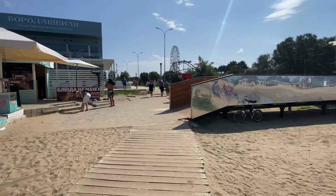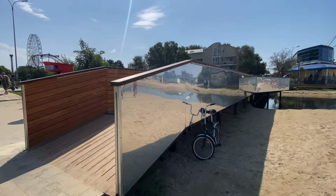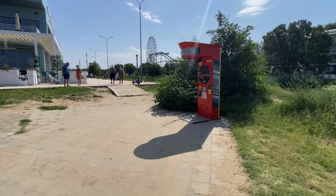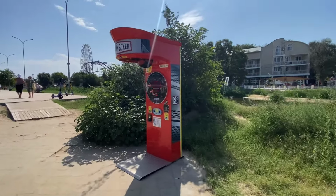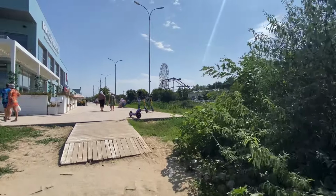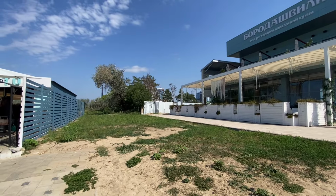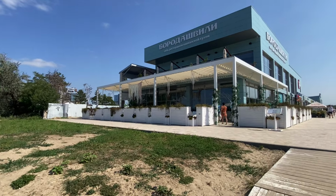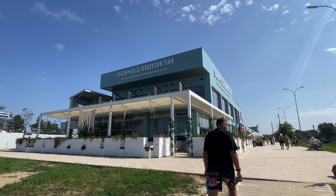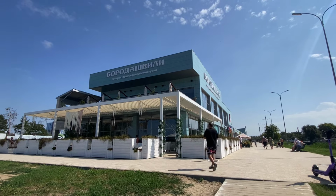So, this here is a bridge, and this was washed out in a storm a few months ago. It was a very old, rickety old wooden bridge. And yeah, it wasn't any surprise that the storm took it out. It was quite a large storm. Ended up with a Greek tanker on the beach, or cargo ship, sorry. And just a bit of history. When I first came to Anapa, this was just grey concrete blocks. This wasn't finished, but now